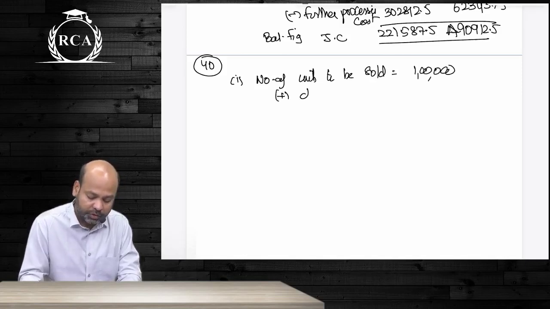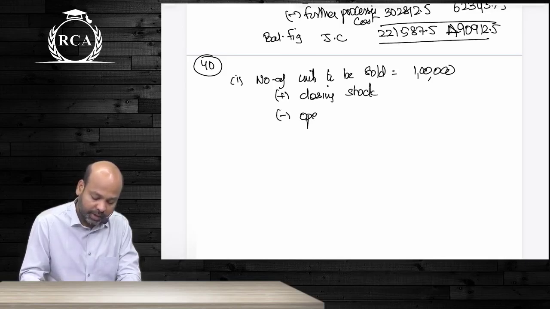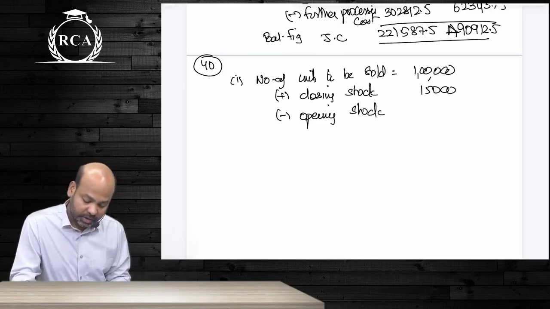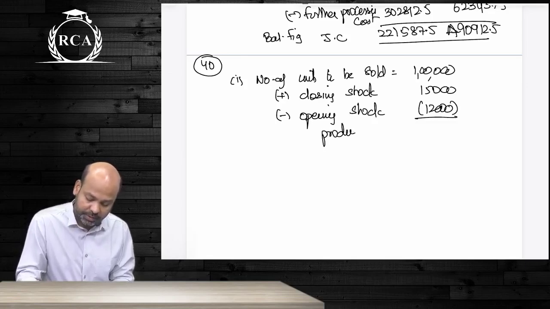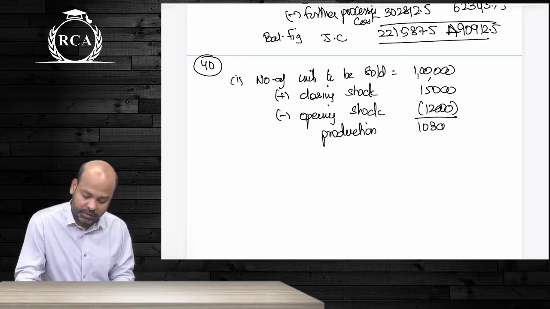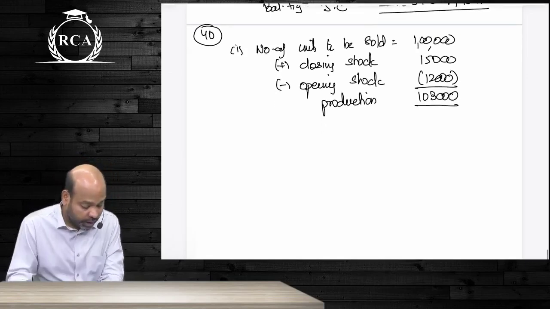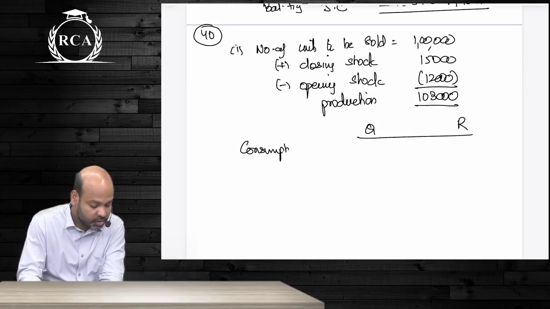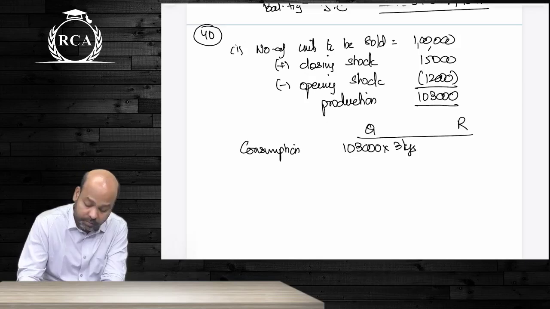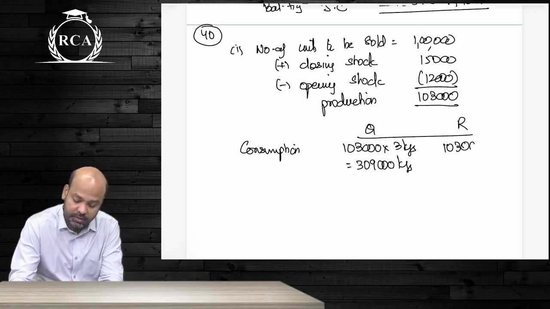To this if you add closing stock and deduct opening stock guys, you will arrive at number of units to be produced. Closing stock is 15,000 guys, opening stock is 12,000. I will get number of units to be produced beta as how much? 1,03,000 units. There are 2 raw materials that we have beta, Q and R. Consumption guys will be equal to, एक raw material beta we need 3 kgs. That will be 3,09,000 kgs. दूसरा raw material beta we need 4 kgs. That will be